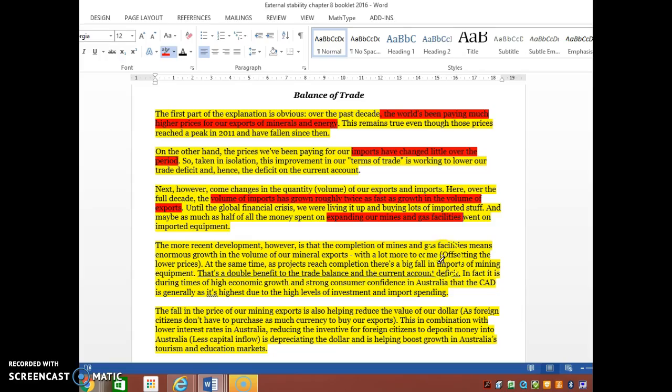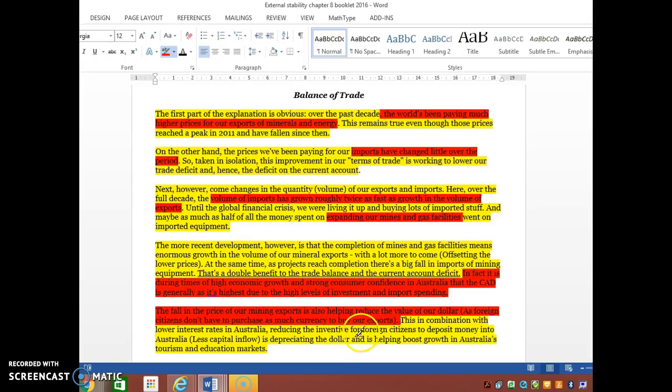It's worth noting that it's often the case that in times of high economic growth and strong consumer confidence, Australia has the highest CAD. The fall in the price of our mining exports in recent years has reduced the balance of merchandise trade because we've got less money for our exports, but it's also helped to depreciate the dollar, which has helped to boost demand for our exports. We'll talk about this article a little bit more, but there's some key things to remember. That during the mining boom, there was a lot of money coming in for exports because of the high prices, but since it's finished, it helped to depreciate the dollar and it has helped the net service